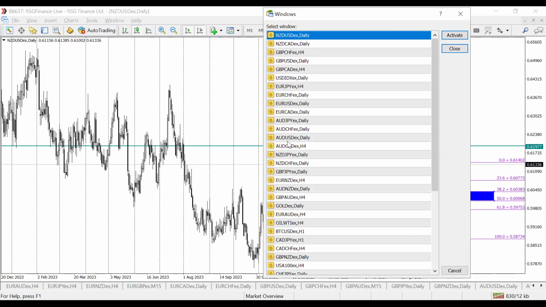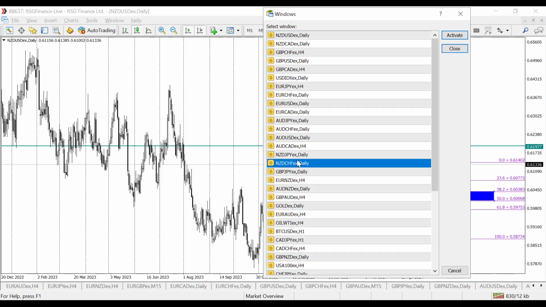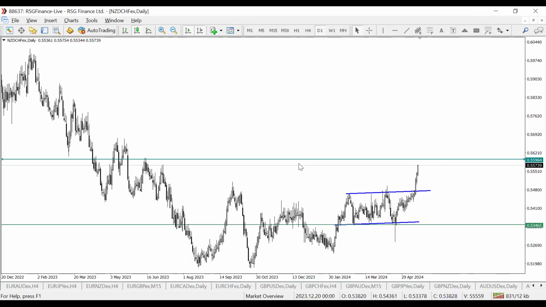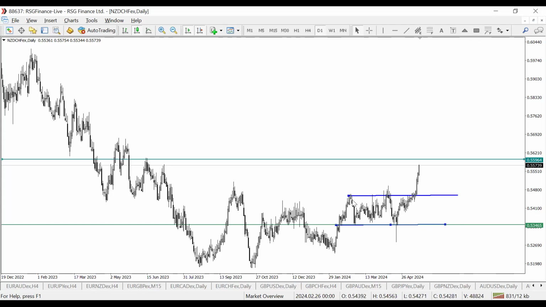Next on the line of NZD pairs is NZD Swiss franc. We saw it a while ago. Yeah, there you are. On NZD Swiss franc, see this guy is racing to the moon. What can we say? It won't be good to chase a moving bus or a moving train. For this trade, traders, I would just like you to wait for some level of correction, okay?